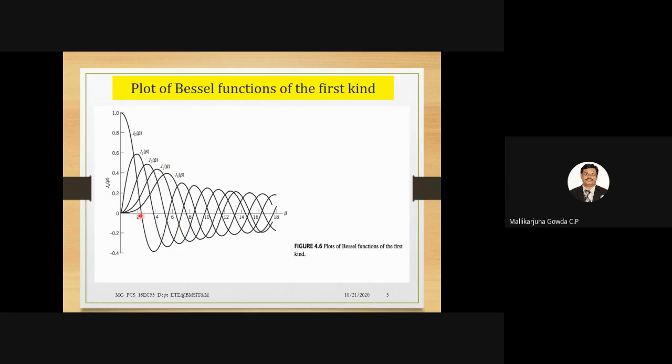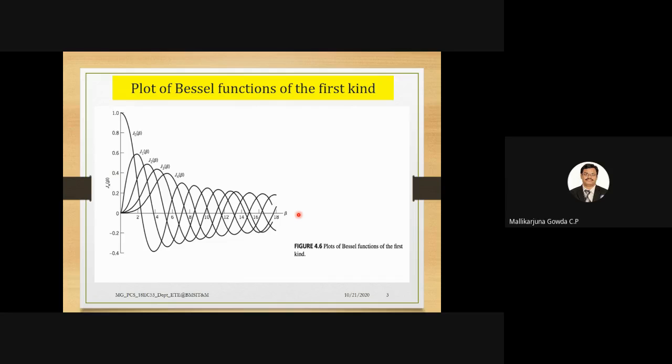So why did I dictate the value of beta? Anybody can guess for J naught of beta? Okay, so I will come to that. In FM, the total power of the frequency modulated signal will be equal to A squared C by 2, the same as the carrier power only, because the envelope of the modulated signal is constant, isn't it? That is why the power of the modulated signal will be A squared C by 2. So just have a note of this.